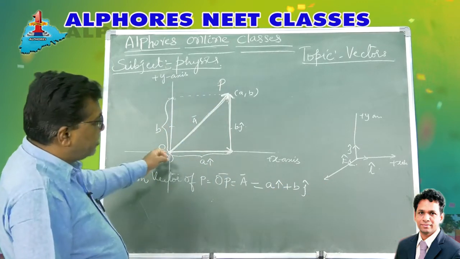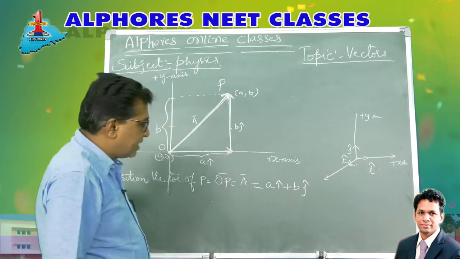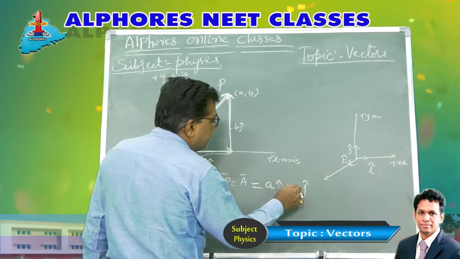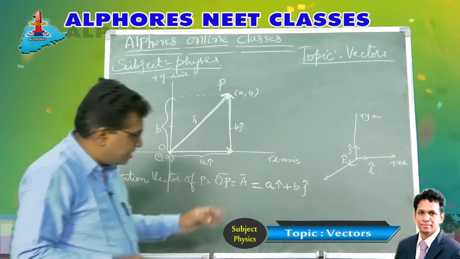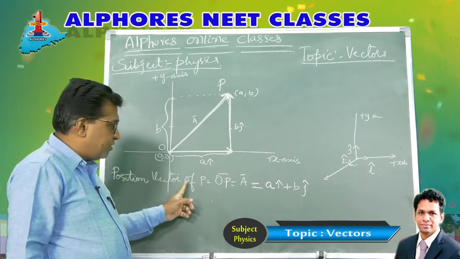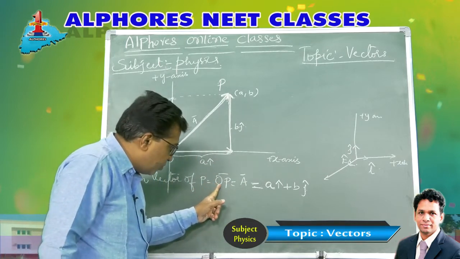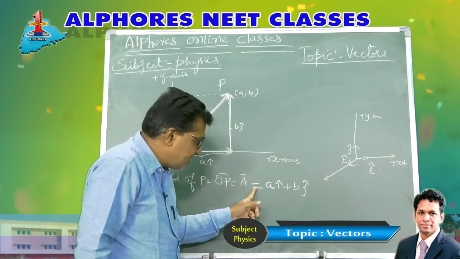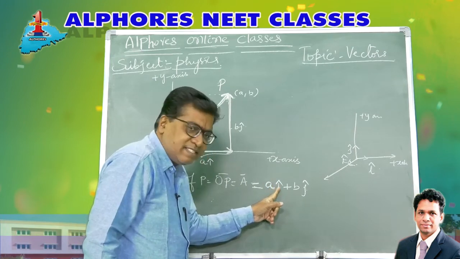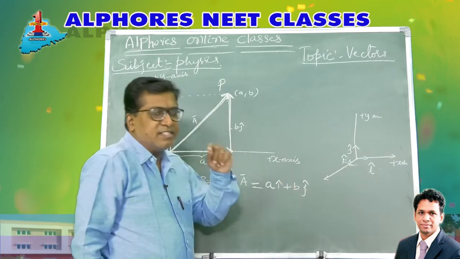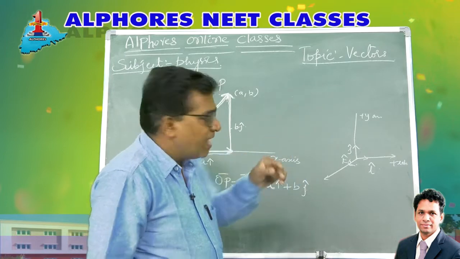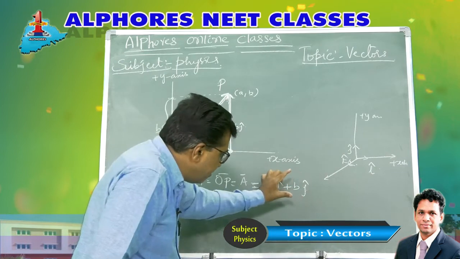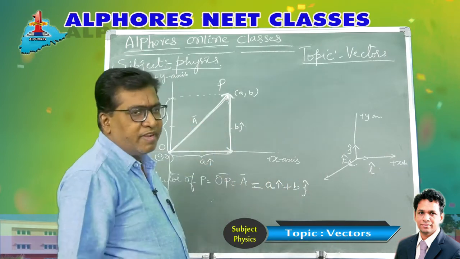Therefore, the position vector OP bar, that is vector A bar, is represented in vector form as A I plus B J. Now, how do you say it in English? The position vector of point P, that is the vector from origin O to P, named A bar, is A units along the x-axis plus B units along the y-axis. So, to reach from O to P, I should travel A units along the x-axis and B units along the y-axis. This is a simple, mathematical way of denoting the vector in vector notation.